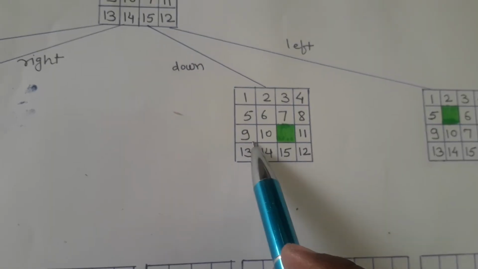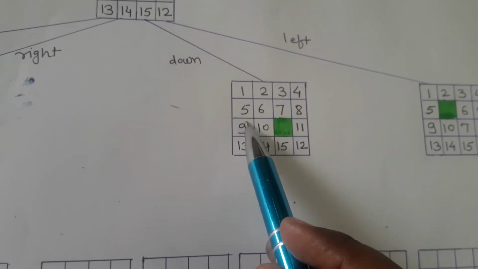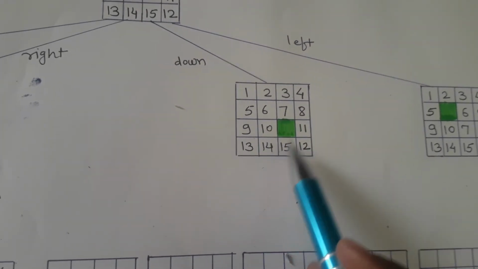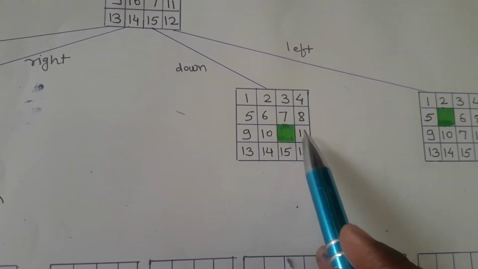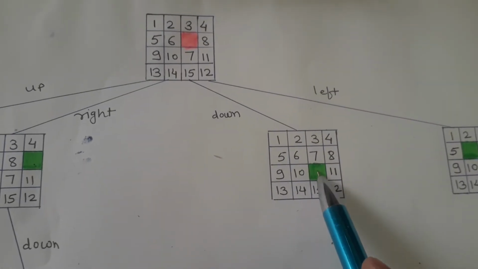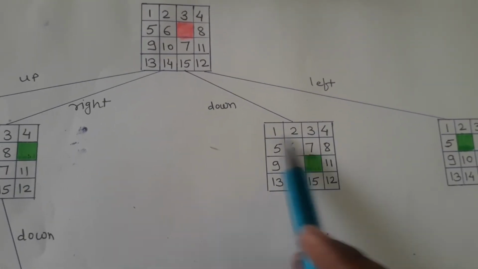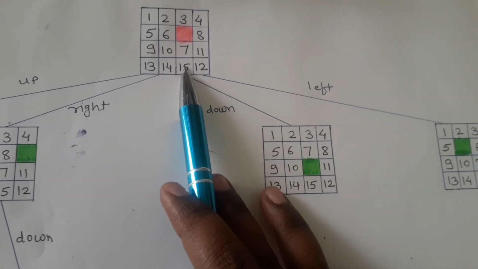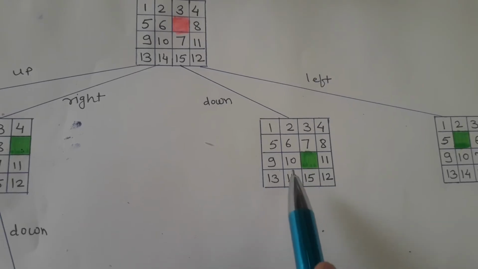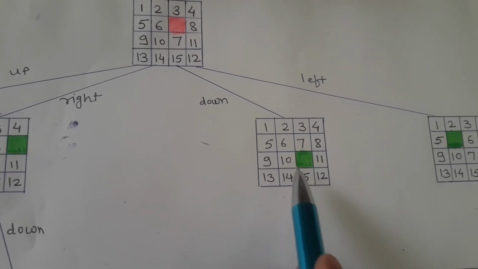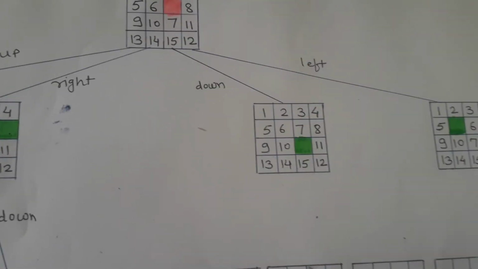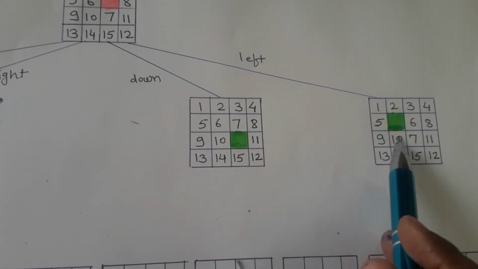Now here this is the state where 7, 10, 15 and 11, these are the tiles we can move to this empty spot. So when we move 7 to this empty spot, again we will get this initial state. So that's why we will not move 7. Instead of 7, we will move either 10, 15 or 11 to this empty spot. And similarly here